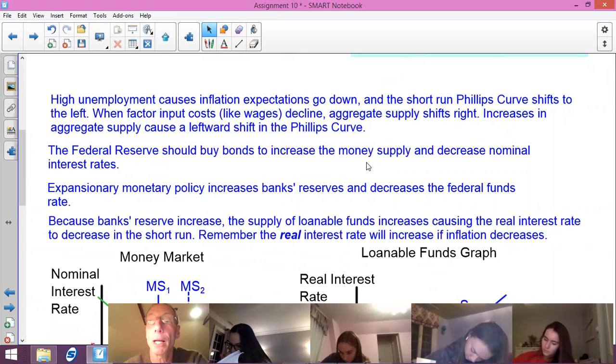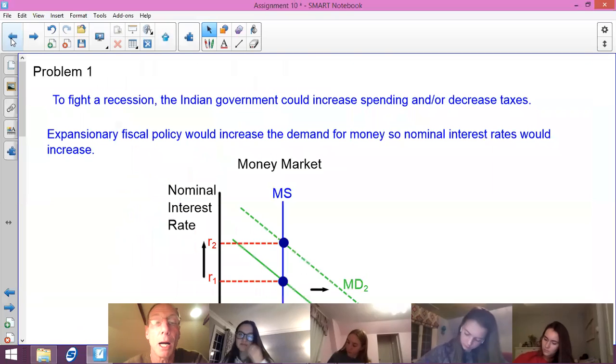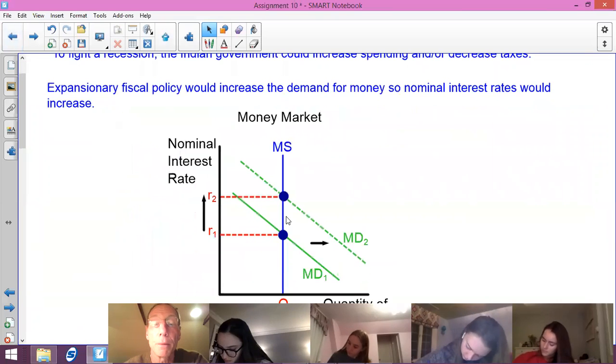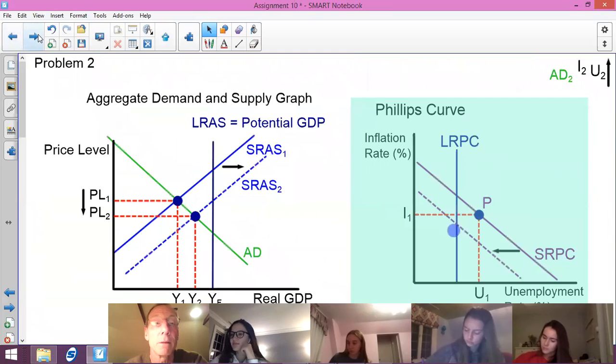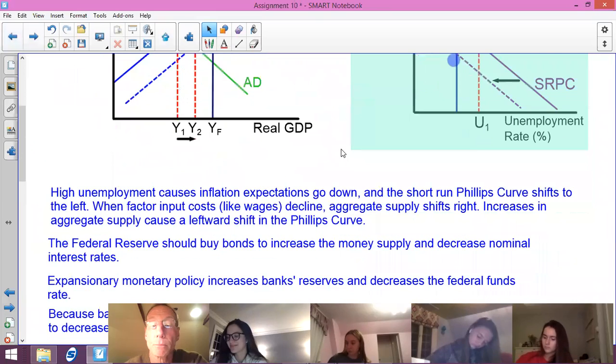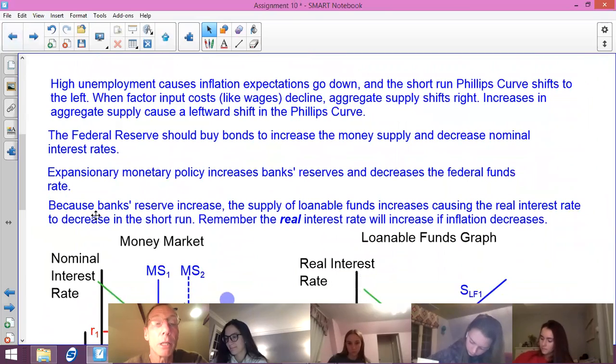Because if the money supply goes up, it means interest rates are going to go down. I didn't draw that graph, but you can easily see that. So they're going to decrease the federal funds rate because